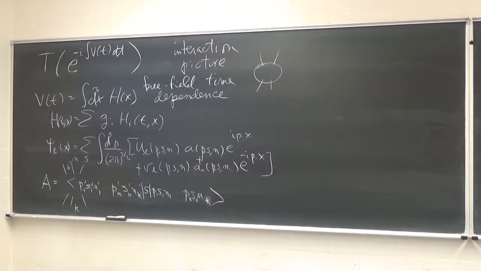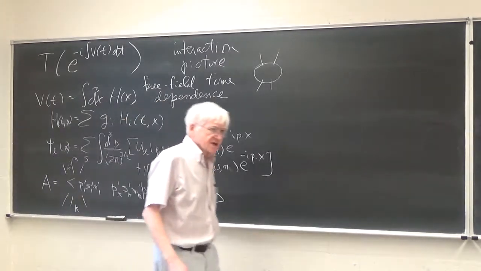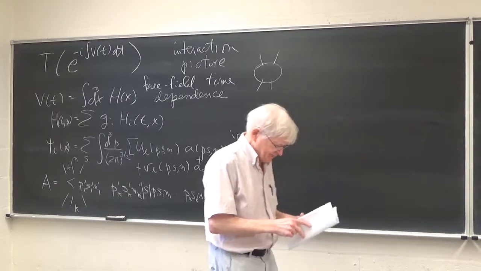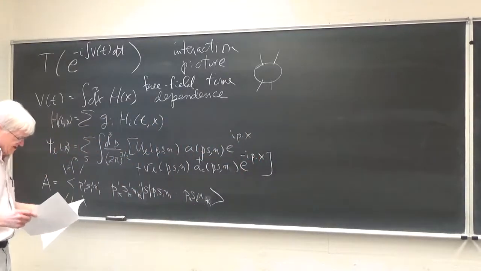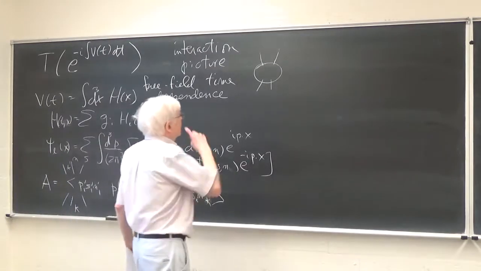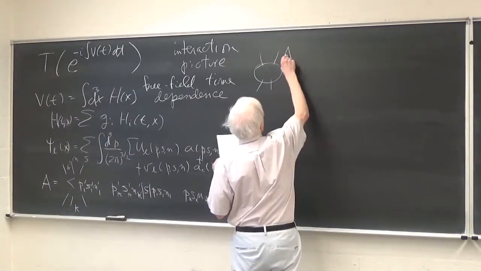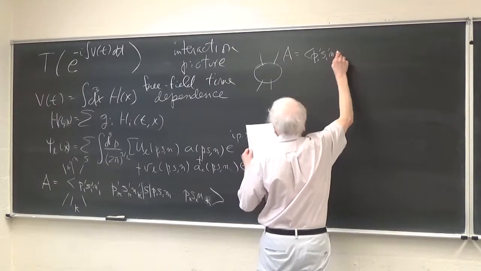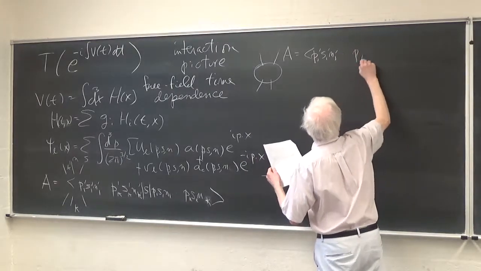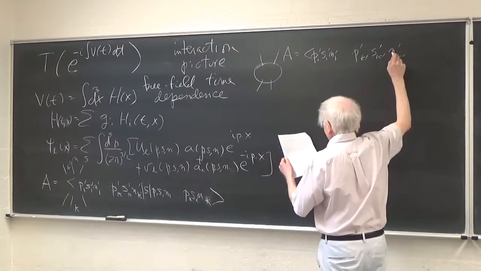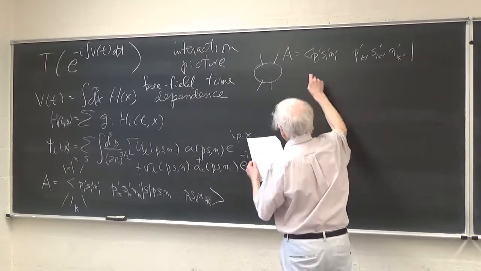Okay, so this thing is called the S matrix. Oh, that's a tangent. Let me try to avoid tangents. Now, what is this thing? Well, this amplitude, which is then, as I said, P1 prime, S1 prime, N1 prime, dot dot dot, PK prime, SK prime, NK prime. This whole thing is then